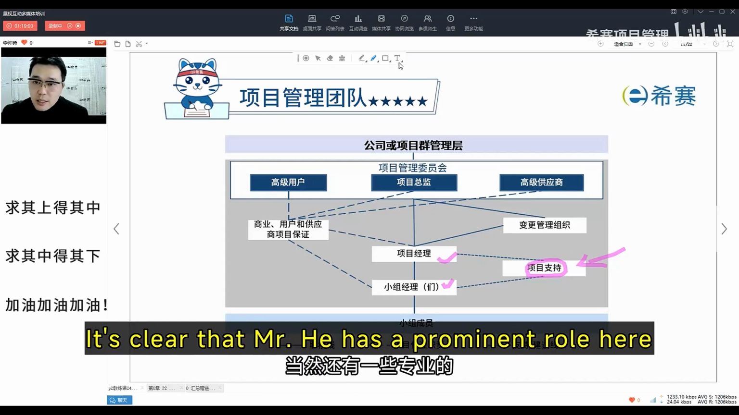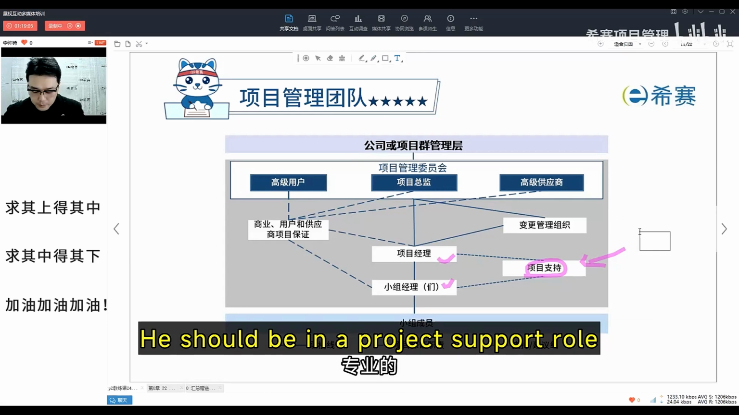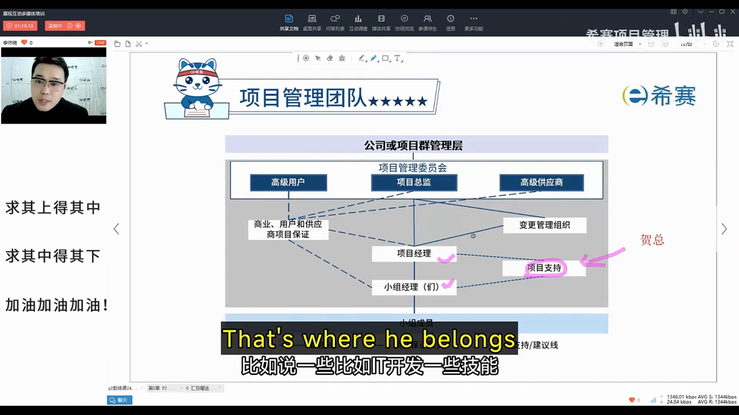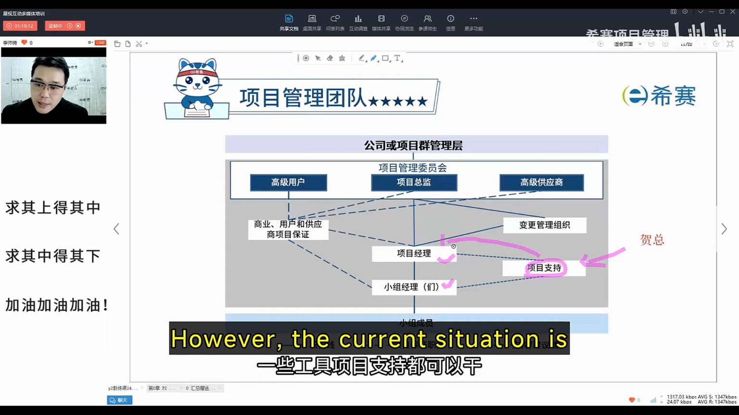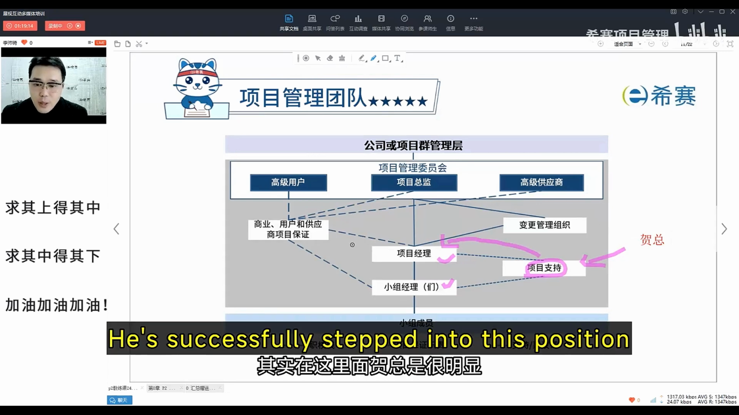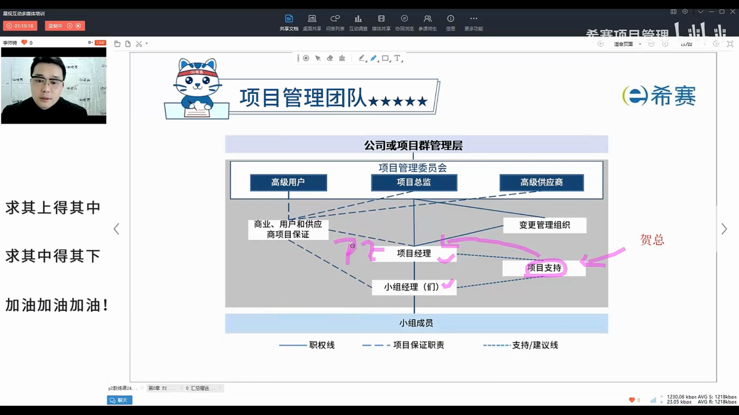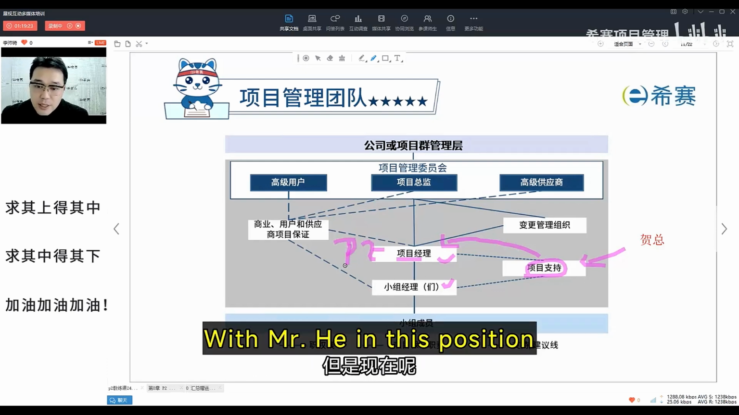It's clear that Mr. He has a prominent role here. He should be in a project support role. That's where he belongs. However, the current situation is, he's successfully stepped into this position. This was supposed to be the project engineer's job. Sure. With Mr. He in this position,